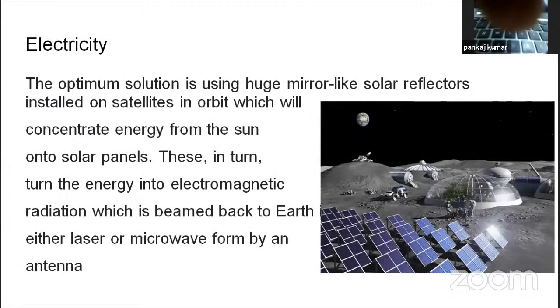Next, how to generate electricity on the Moon. The optimum solution is using huge mirrors like solar reflectors installed on satellites in orbit, which will concentrate energy from the Sun onto solar panels. This in turn converts the energy into electromagnetic radiation, which is beamed back to Earth, either by laser or microwave antenna. हम लोग वहाँ पे इलेक्ट्रिसिटी के लिए सोलर का यूज करेंगे।